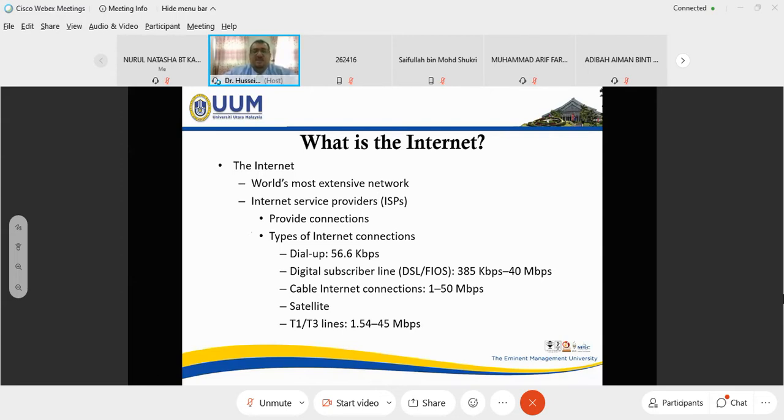Some other types of internet connection are DSL, digital subscriber line. This one is common. The speed is much better, from 300 kilobytes up to 40 megabytes per second.